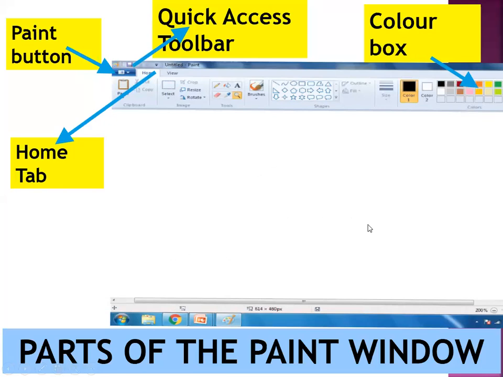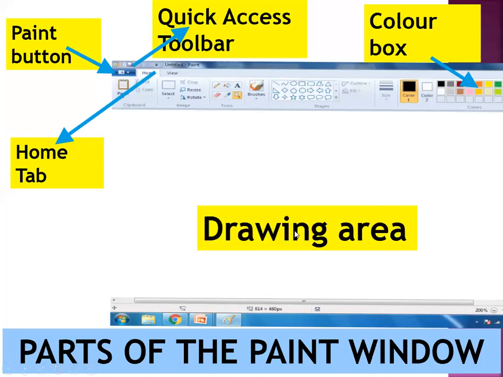This is the drawing area. This white space is called the drawing area. You can create your drawing in this space. So this is the MS Paint window. Parts of the Paint window are the Paint button, Home tab, Quick Access toolbar, Color box, and Drawing area.